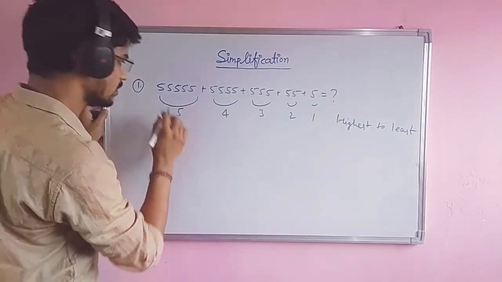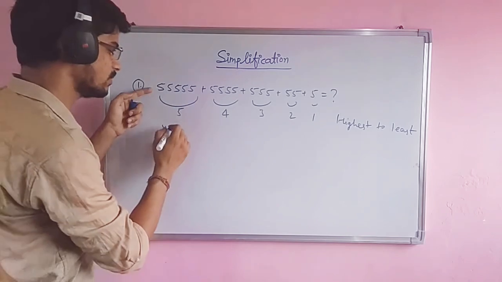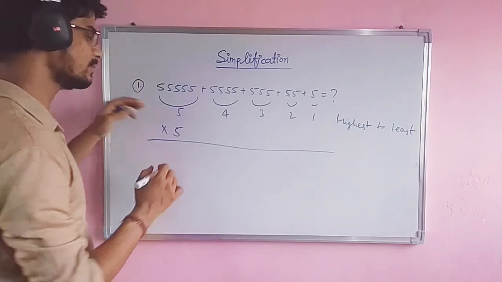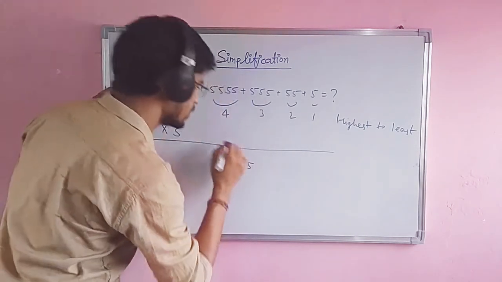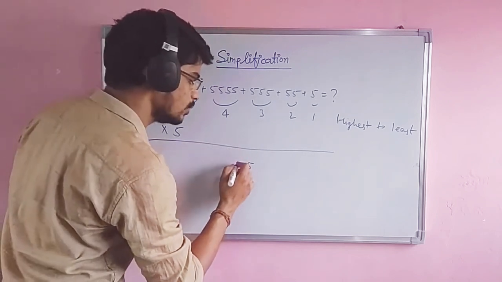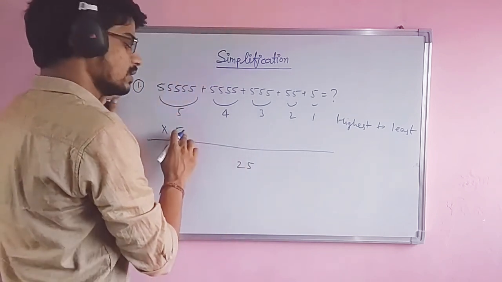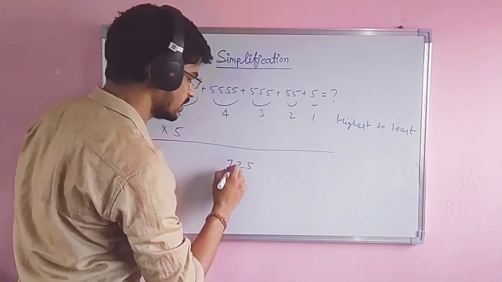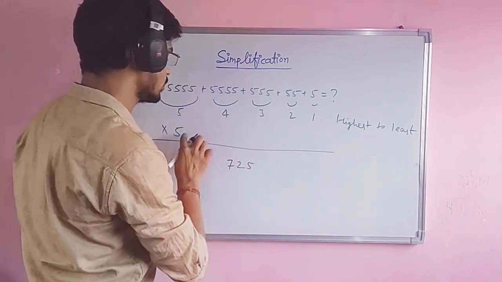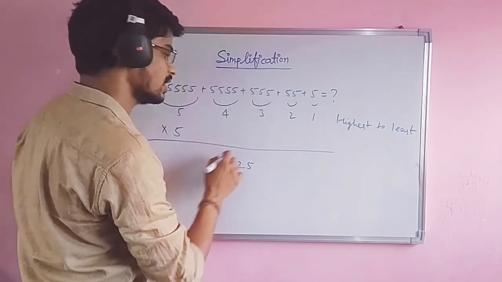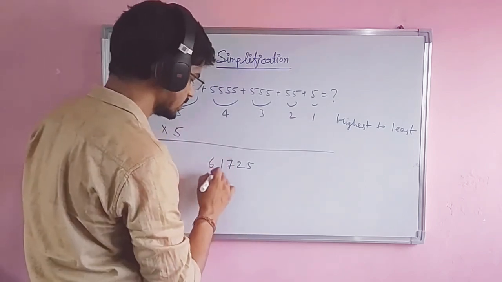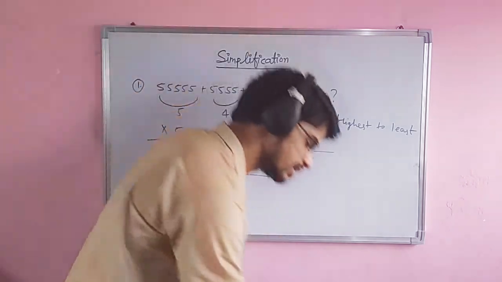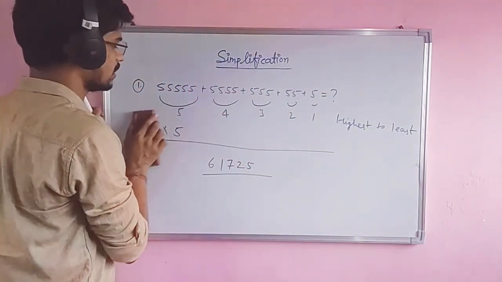Multiply by the repeated number, that is the occurrence of the 5. So multiply from highest to least. 5 5s are 25, carry 2. 5 4s are 20, 20 plus 2 is 22, carry 2. 5 3s are 15 plus 2 is 17, carry 1. 5 2s are 10, 10 plus 1 is 11, carry 1. 5 1s are 5 plus 1 is 6. So 61725 is the addition of these numbers within seconds.